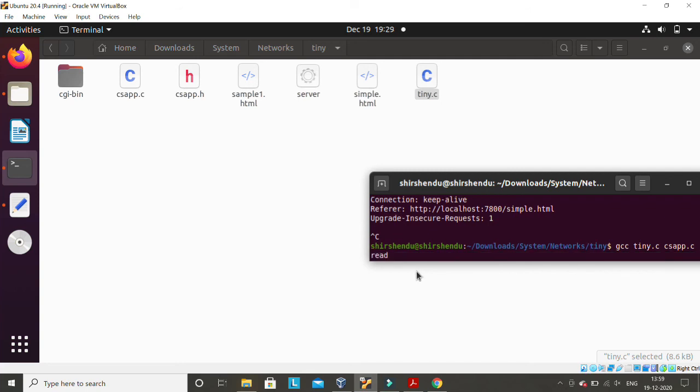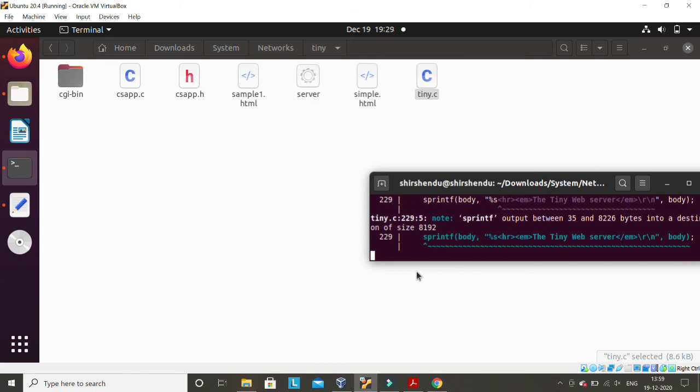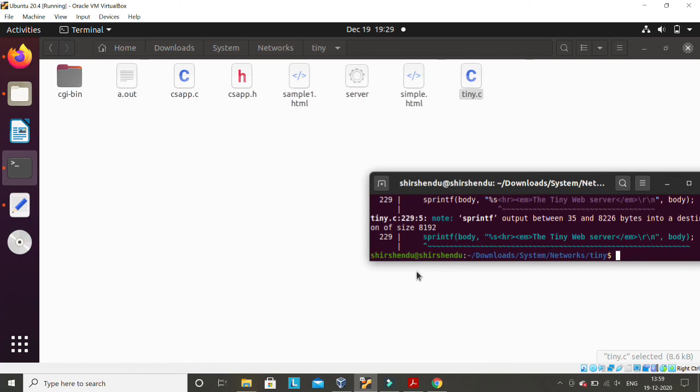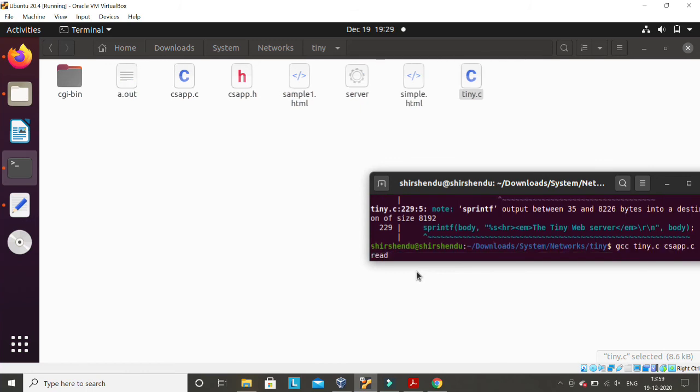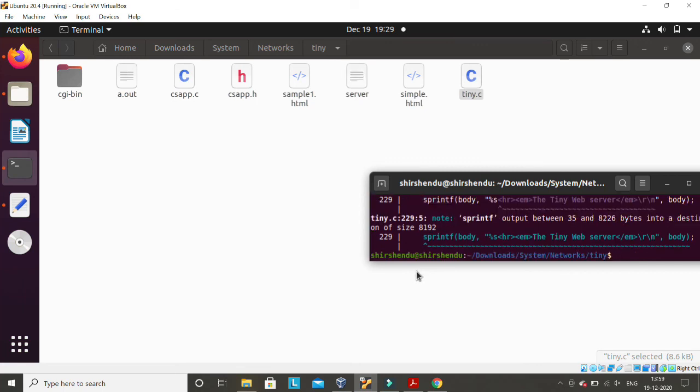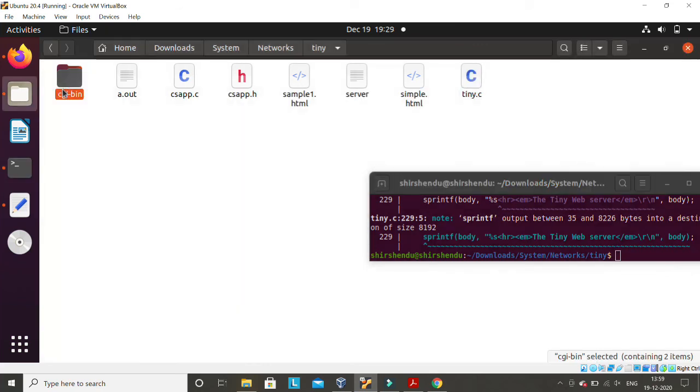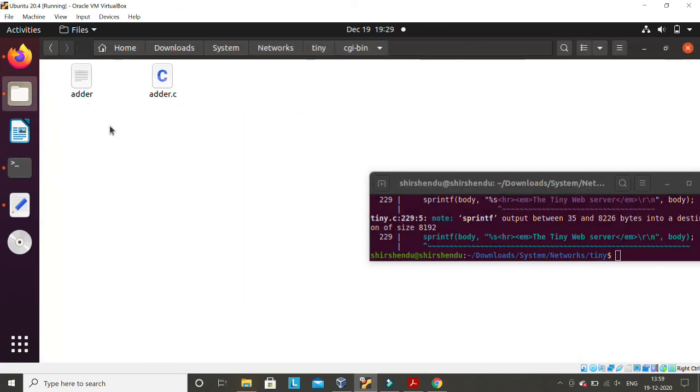Why I am using minus pthread, I explained in the last lecture. It created a.out. If we want to go for server, then we have to write minus o server, and a server is created like this. You can try to execute it. And if you want to execute the programs inside cgi-bin, then you have to execute them separately. That I have also shown you in this lecture, right?